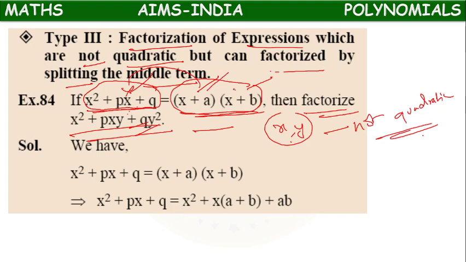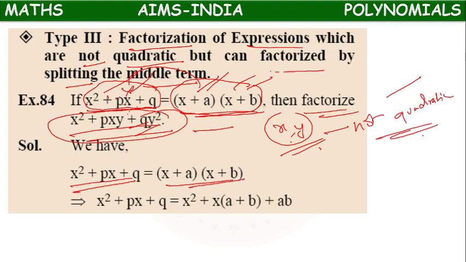They have given factors of one quadratic polynomial. With the help of that, we have to find the factors of another polynomial which is not quadratic, which is defined in 2 variables. So we have the given polynomial x plus a into x plus b. So LHS we will keep like that only. For given polynomial, factors given means if you multiply the factors, it should be equal to given polynomial.